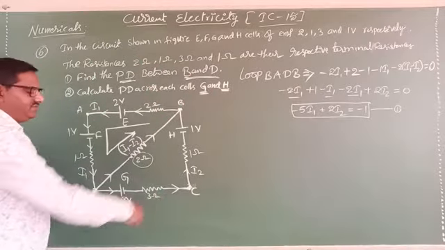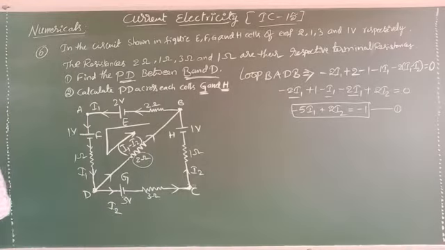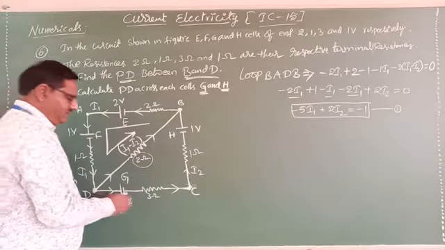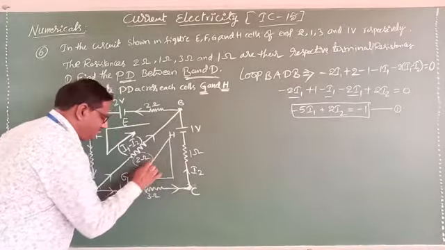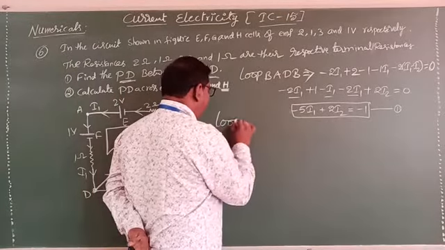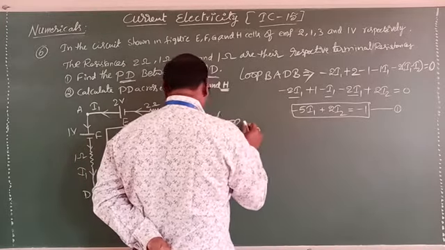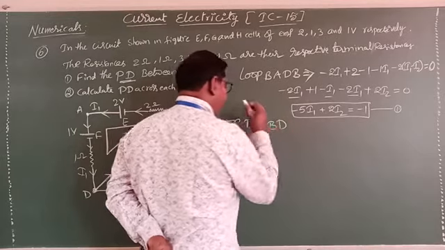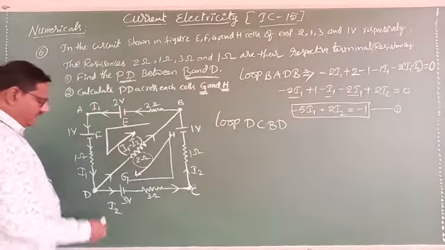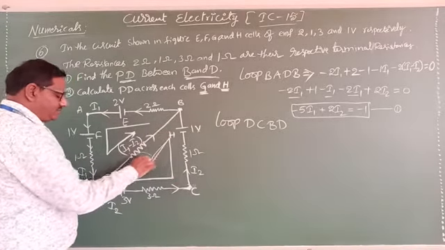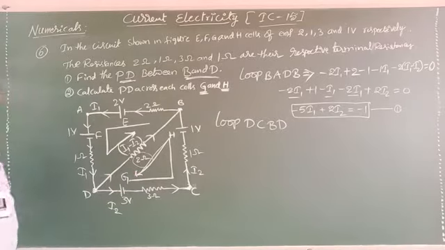Apply the same here for the second loop. That loop you can consider as D, C, B, D. That means the direction you can consider like this. So what loop do I consider now? I will start from D, C, B, D. So here I started, so from here I wrote, and here it will move up, and here I will come down, like this. The direction I show in the diagram.